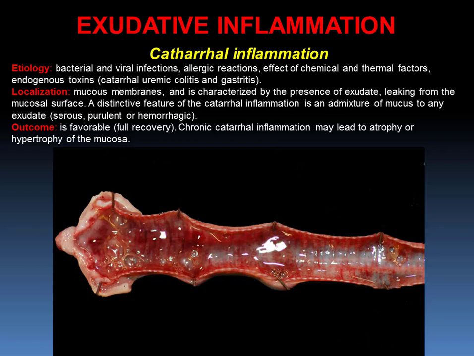Chronic catarrhal inflammation occurs in infectious diseases like chronic catarrhal purulent bronchitis, or it can have non-infectious origin like chronic catarrhal gastritis. Chronic inflammation in mucous membranes is often accompanied by violation of regeneration, that's why it is accompanied by atrophic changes of mucous membrane. Sometimes it can be the opposite situation with hypertrophy of mucous membrane. In the majority of cases, outcome is favorable with full, complete regeneration.